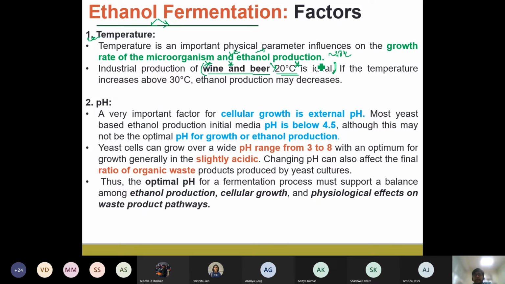So then generally some modified thermophilic strains of the bacteria are used. Okay, then comes the term called pH. So we know that pH is very much important for the cellular growth. And if you see in the case of